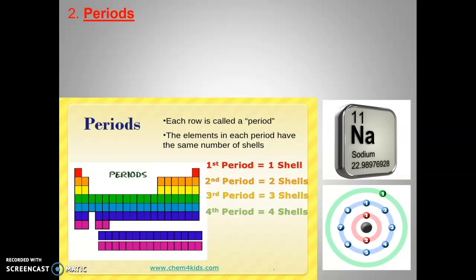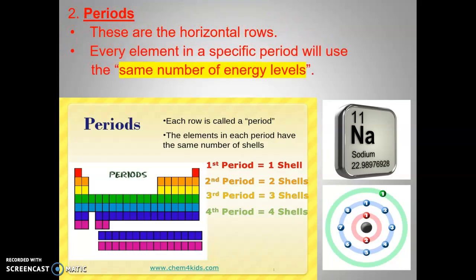Now to finish out for periods, which are our horizontal rows going from left to right. All right, not the vertical columns. Again, periods are going to be the horizontal rows. But what they're telling us in particular is this. This is what we needed to keep into account the most. Is that every element that you have in a specific period or row will use the same number of energy